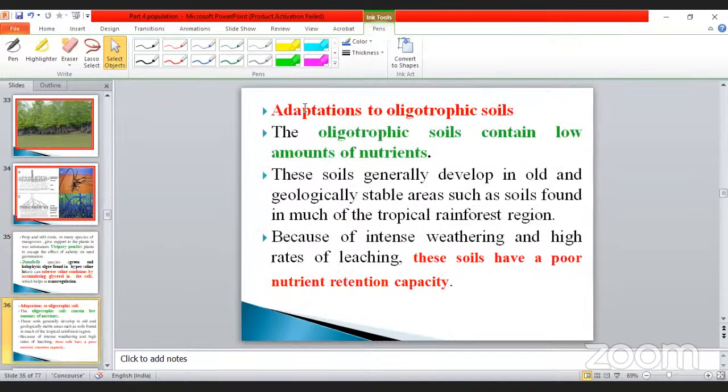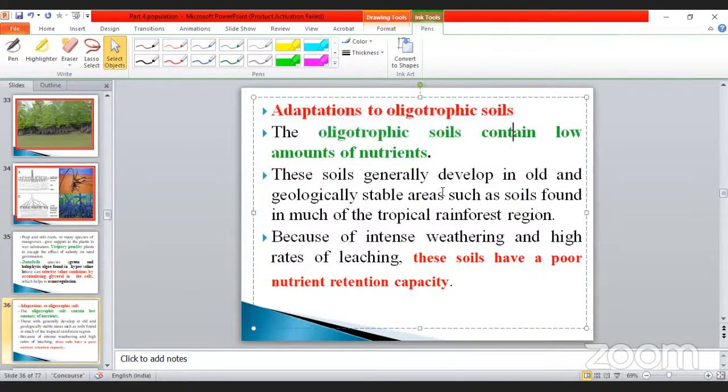And another subject we are going to discuss. That is adaptation to oligotrophic soil. What is meant by oligosaccharides? The oligosaccharide, you already studied. What is an oligosaccharide, Dhanalakshmi? Did you study anywhere? No, sir. Why? Already studied, pa. So many times I also explained those things. Okay. See.